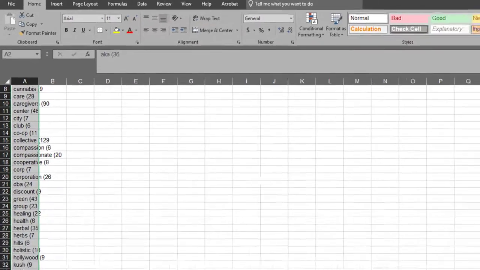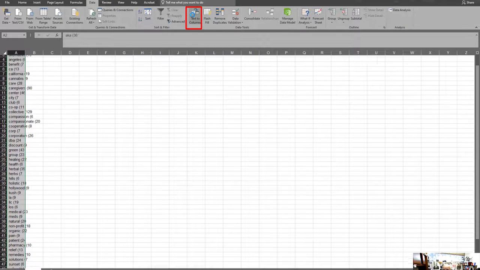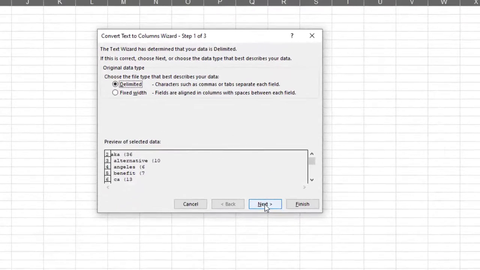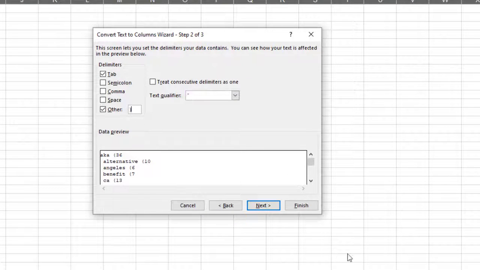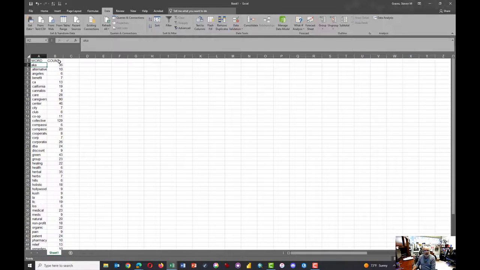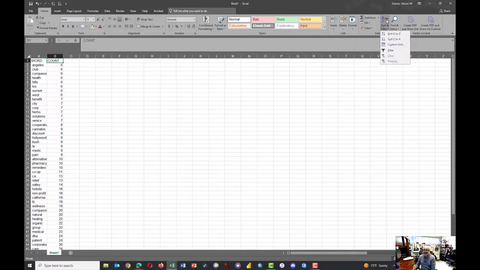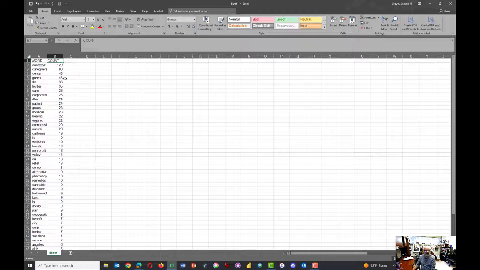A51, and I want to do this once again where I click on data and text to columns, and we'll click next, and we're going to change our delimiter from a close parentheses now to an open parentheses, and that will break our data into 2 columns, and we click Finish. Now all we have to do is go to Home and sort A to Z, but we'll want to do it the other way around, I suppose. Sort Z to A, and we find